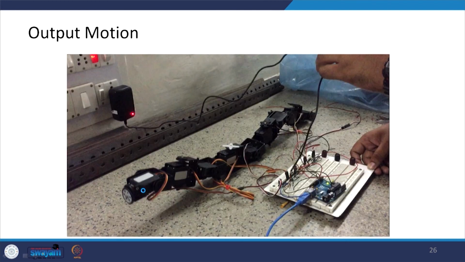And so, this is the output motion which you can see has been obtained over here, and this is for the rectilinear motion which we have got, and this is the Arduino Uno board, and we have used a power supply for this, and of course, as I said, the motors are connected to the Arduino board, and by